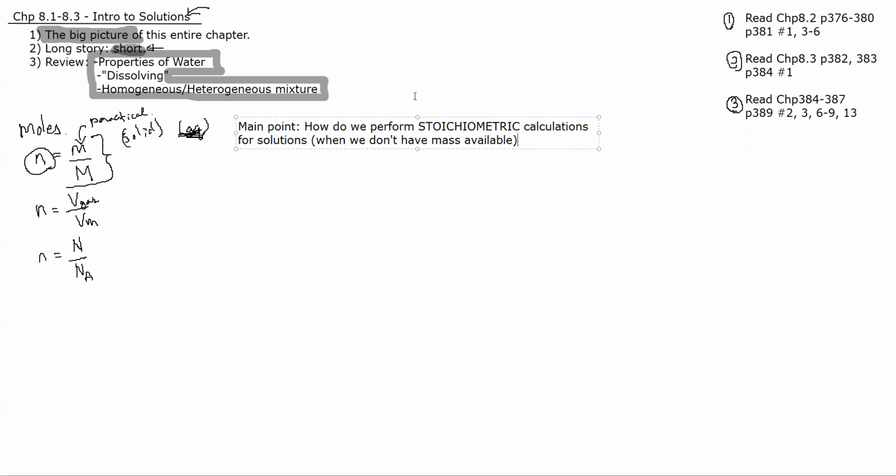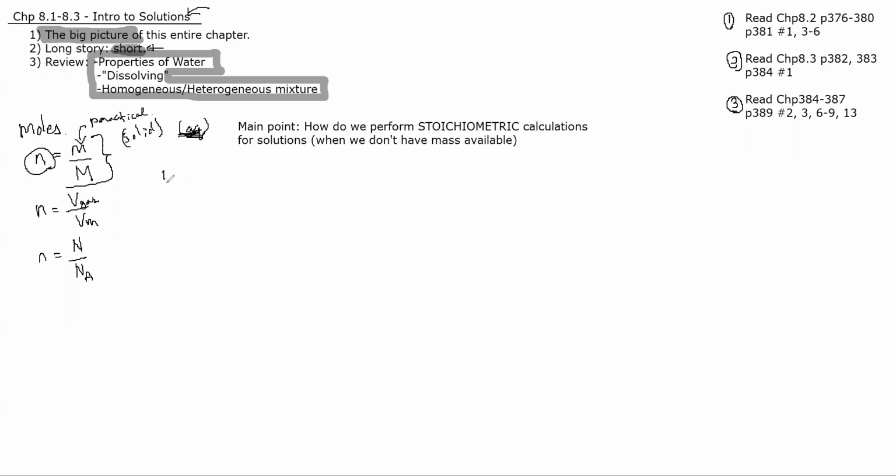Before we do any kind of math that directs us to these stoichiometric calculations for solutions, I need to review, and you need to review, certain properties of water that will help us understand where we're going. Honestly, at this point in time, I'm going to give you the option. You can stop the video completely, and just read through these pieces in chunks and answer these questions. And you can move on to the second video afterwards. But if you are still with me,